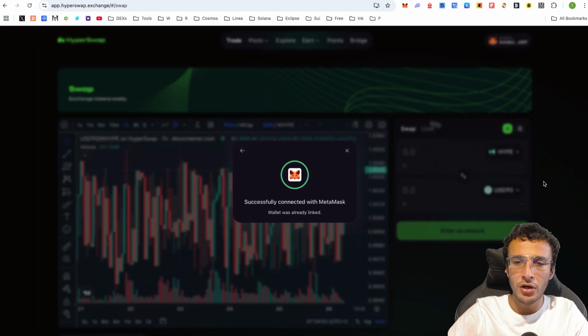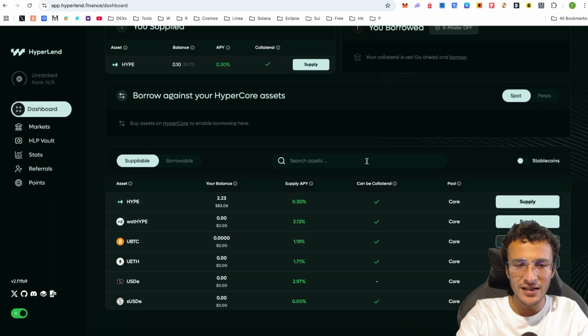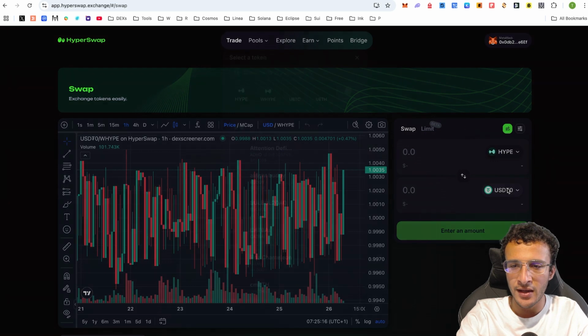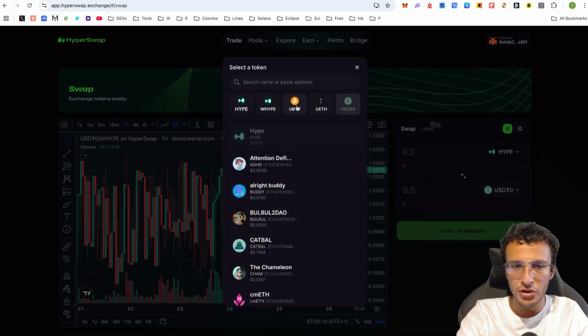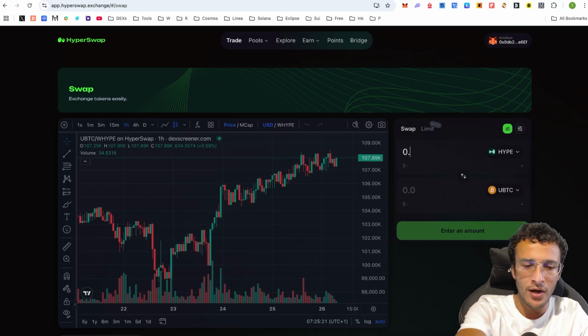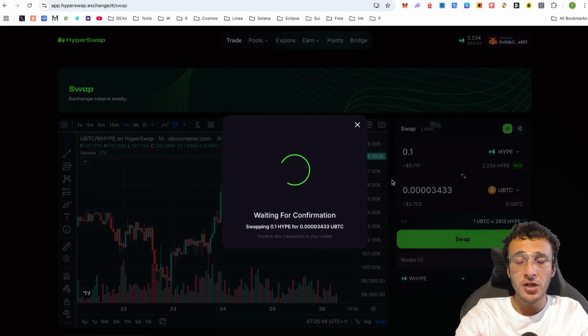So once we're here, we're going to choose one of the available tokens. Let's just say it was UBTC or wrapped staked HYPE, for example. You could come over here and choose one of the tokens. Let's say it was UBTC. We're now going to choose an amount. Let's just say it was 0.1. All you need to do is swap the tokens. Of course, guys,